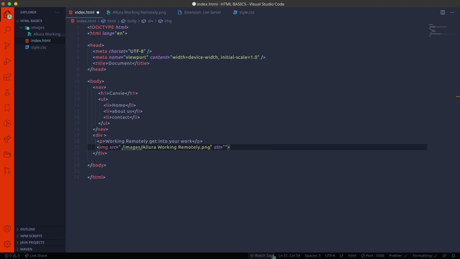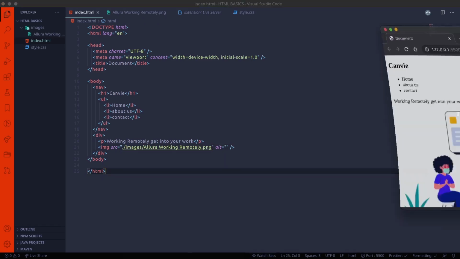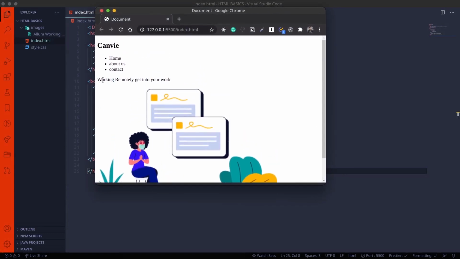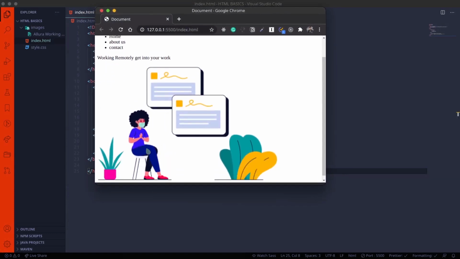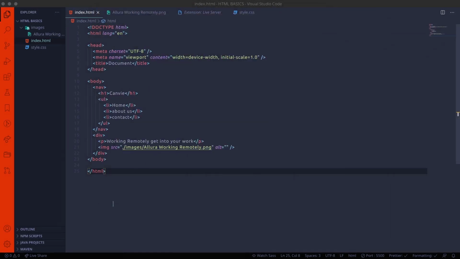So here you can see that while we are going back to the folders above the folder, we are using the ./ and hit the images folder and then the image path. So here, save the code and you can see the live. So here we have the p tag paragraph and the image is visible here again.